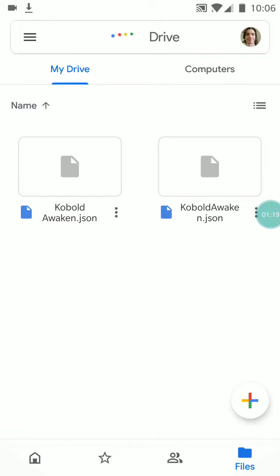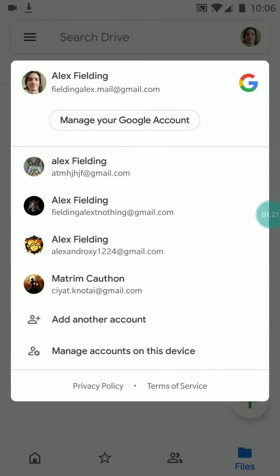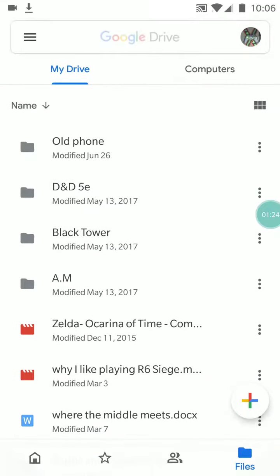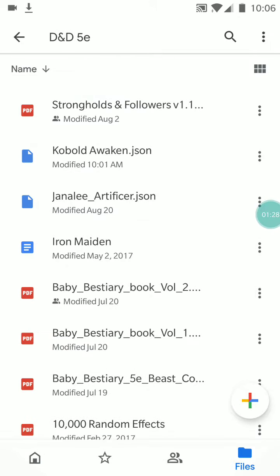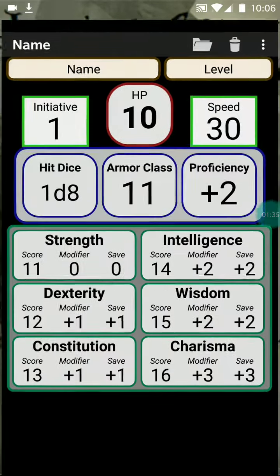I sent it to this one, and there it is. But it doesn't allow me to download it for the application since the application is on this email. So on this email, you can see that I now have Cobalt Awaken. Now that it is in your drive, go to your application,